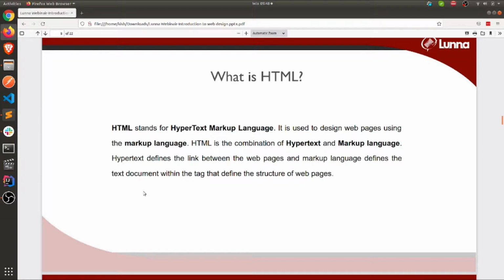Now, the hypertext concept or hypertext technology allows us to move from one page to another, to move around the internet by using what we call links. Links link us from one location to another. The markup language is used to define or actually create